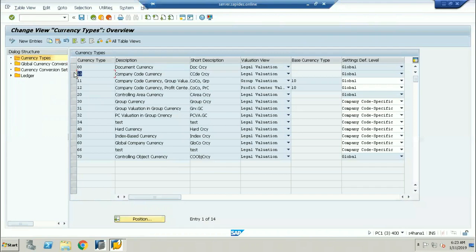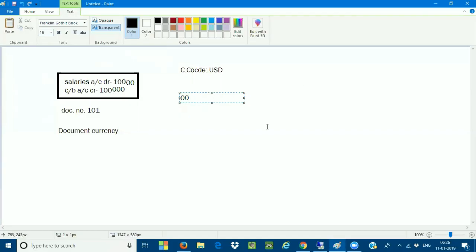Mahesh, one question on document currency. Is there any assignment where we assign this currency? No, nowhere are we assigning any document currency. The transaction currency which you have posted in SAP, either a local currency or a foreign currency, is displayed as the document currency. So any currency we can select in document currency? Yes, sir, any currency you can select. While you're posting the transaction, whatever currency you post in is called the document currency. Okay, thanks.